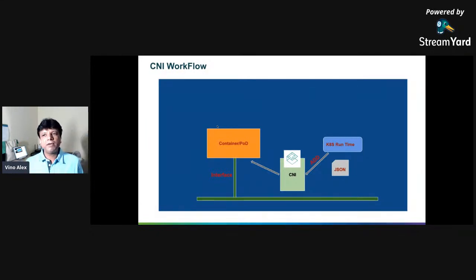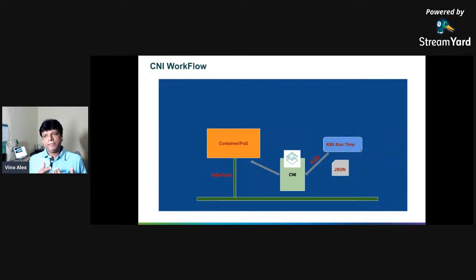In a nutshell, what CNI is doing: they work in the Kubernetes context, but CNI is not completely for Kubernetes. CNI's scope is much bigger than Kubernetes. It could work as an independent network interface for anything. It could work as a network interface for Docker, and for some other container orchestration tools also. But today we are more or less focusing on Kubernetes.